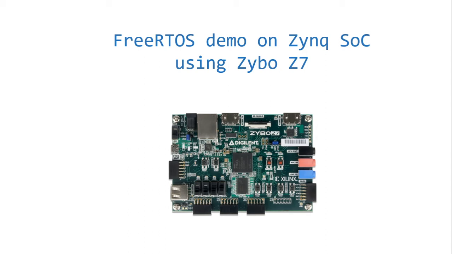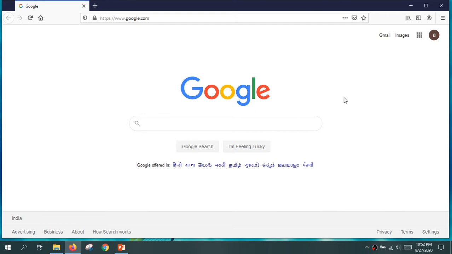Since this evaluation board is not directly from Xilinx, the board files for this board will not be present in your Vivado installation by default. So if you are using this board for the first time, you need to manually install the board files from the internet. In order to install the board files, you can just search in Google